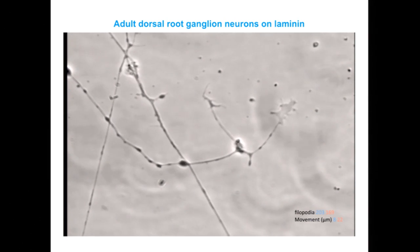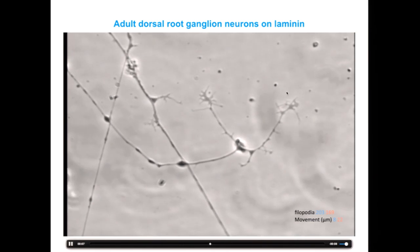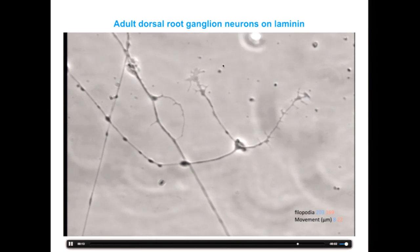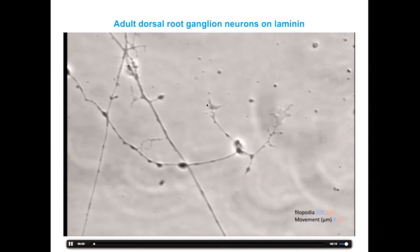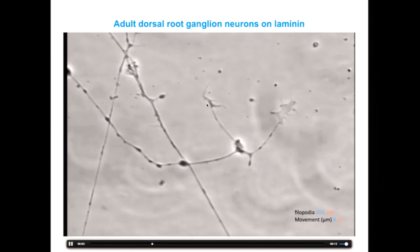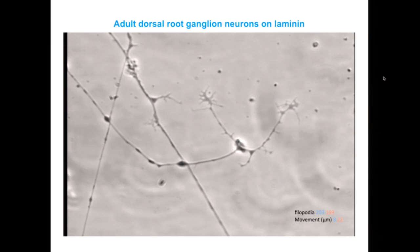So we move to tissue culture. If you look at adult sensory neurons growing on laminin in time lapse, just notice how dynamic these cells are and watch their processes going out and back. Very dynamic, growing on an extracellular matrix that they like. What happens when they see proteoglycans? And in the 1990s,